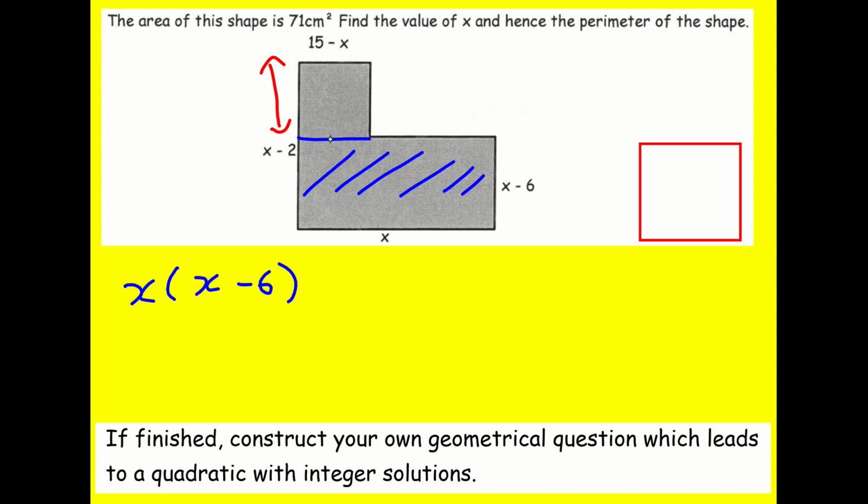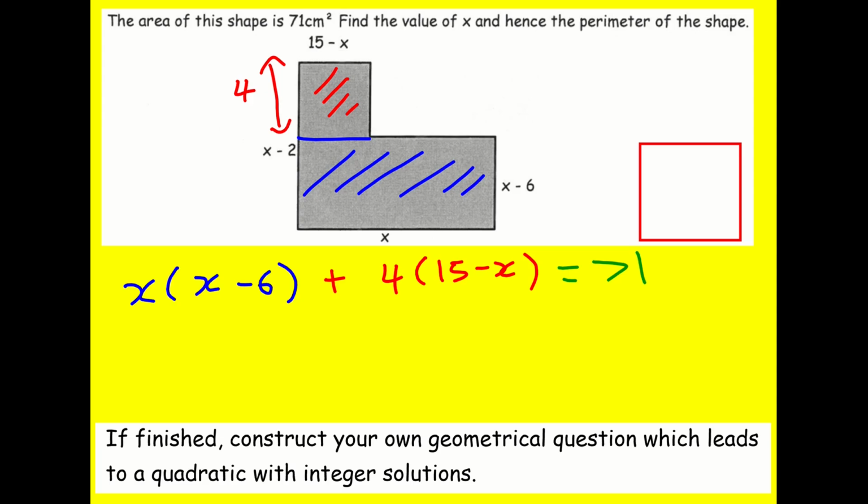Because I've got x minus 6 and x minus 2 here, this must be 4, because if I've got x minus 6 and I add 4 on, I get back to x minus 2. Then I can work out this red area: 4 lots of 15 minus x. Finally, I just need to set that equal to 71, and I've created an